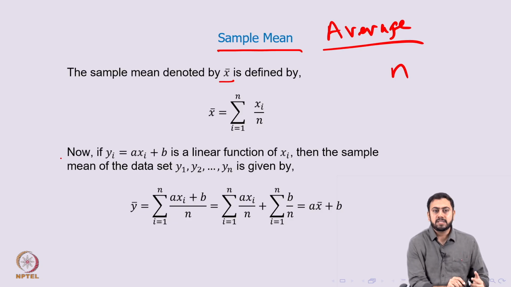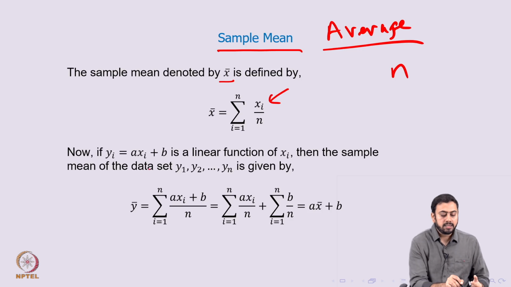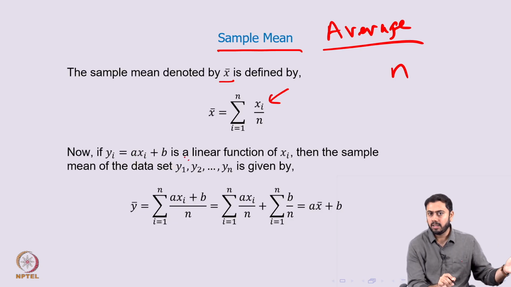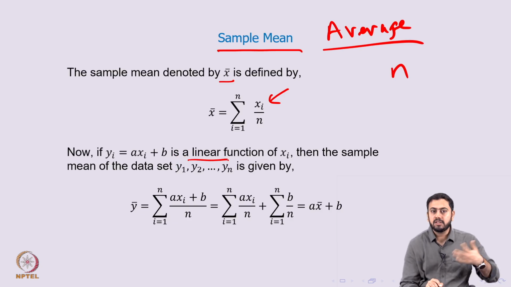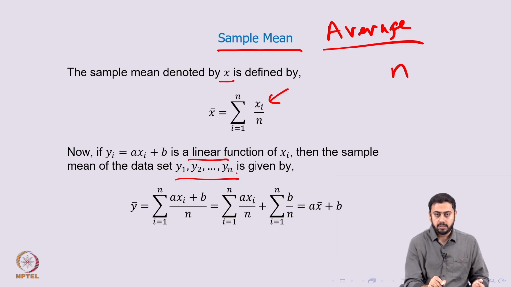Now, a couple of properties of the sample mean. Imagine that you make a small transformation. Initially the variable you have is xi. Now imagine that you multiply each xi by a constant a and add a constant b. So a and b are some constant numbers, let's say 2 and 5, or 5 and 10, etc. This new transformation I am calling yi. yi is simply a linear function of xi. Linear means you are multiplying by a constant and adding a constant, so you don't have any higher powers. Then the sample mean of this data instead: earlier we found the sample mean of xi, which is the summation of xi by n.